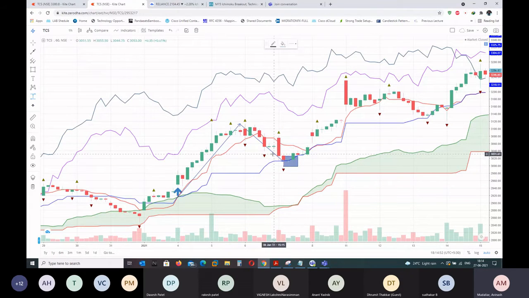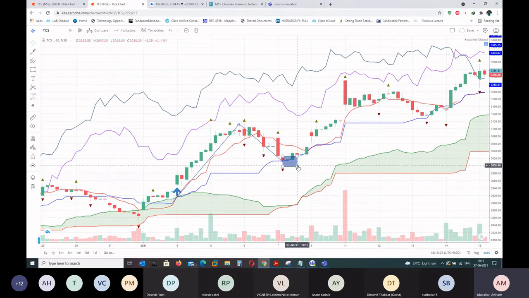Now here, what you do is you either wait for a pattern to form at the KS level. So here it happened. You can go in on the hammer, which will be aggressive, or you wait for one more candlestick pattern like an outside breakout. So this is a confirmed breakout, right? Now if you bought here on this candle, the drawdown will be much less. The stop loss goes just below this, somewhere around here. So here you're saving around 0.5%. The risk is less compared to this position, so here it will have a smaller stop loss, while here the stop loss is a little bit big.